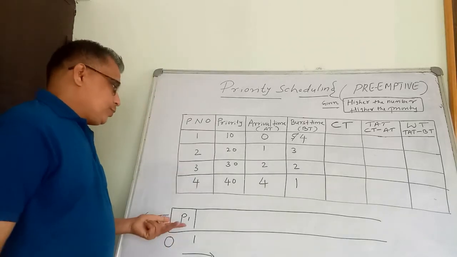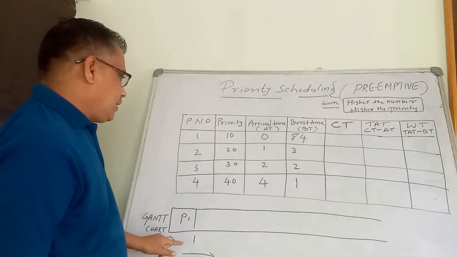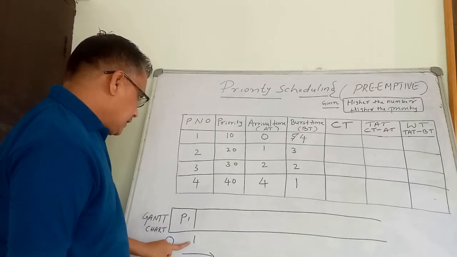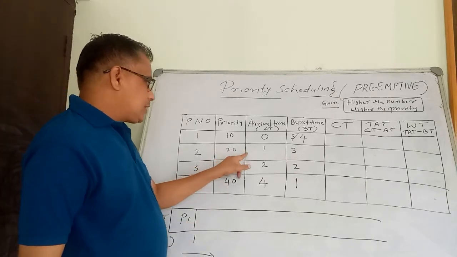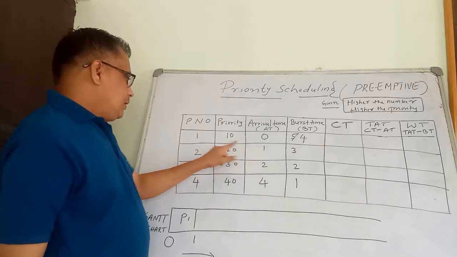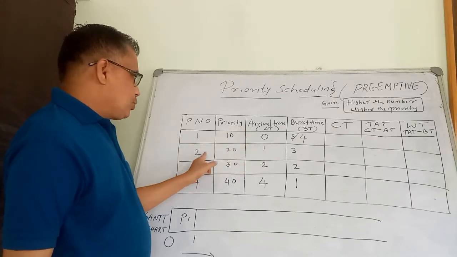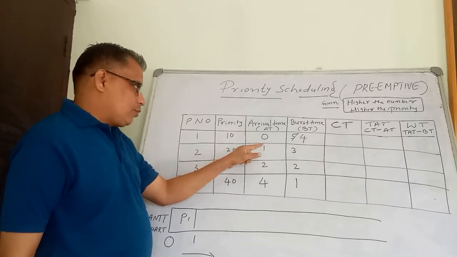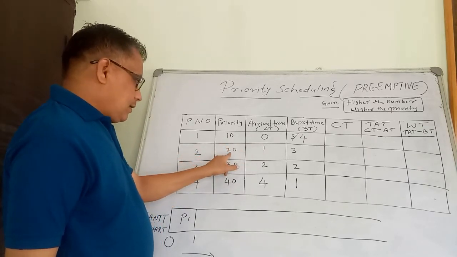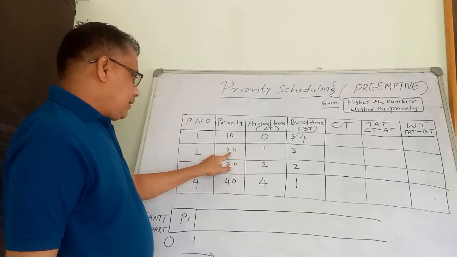Now you are supposed to implement this algorithm. What is the given data? Higher the number, higher the priority, because I have only scheduled P1 for 1 second. Now at 1 second, are there any processes arriving? You have to check it. Yes. Check the second row of the table: process 2 arrival time is 1. It is arriving at 1 second. And you also have to see the priority. This is 20. Again, higher the number, higher the priority.